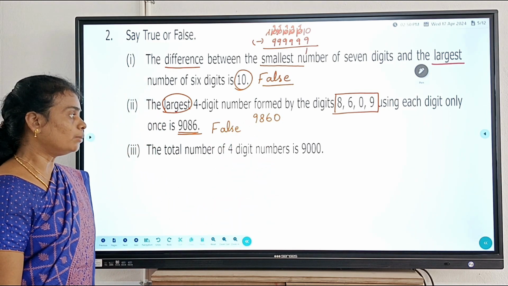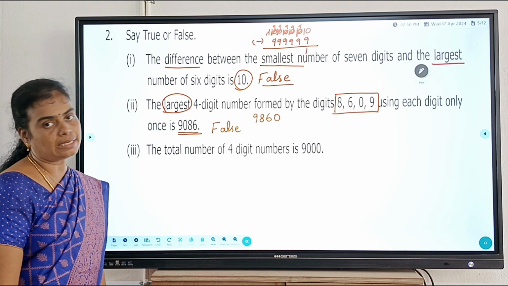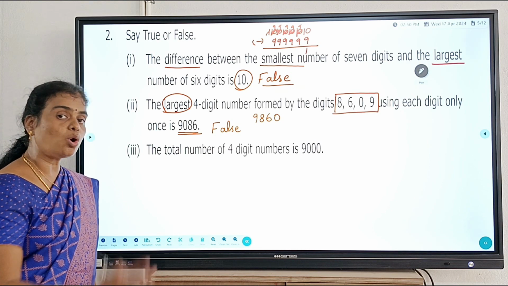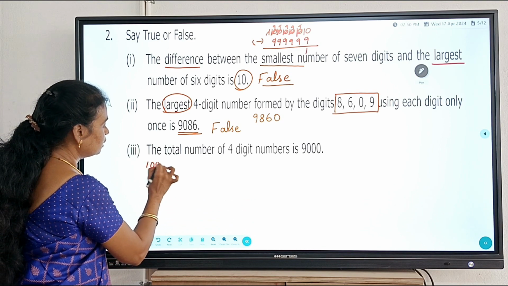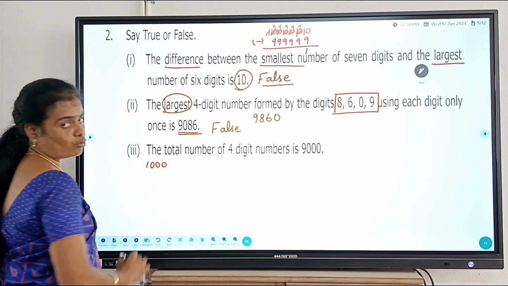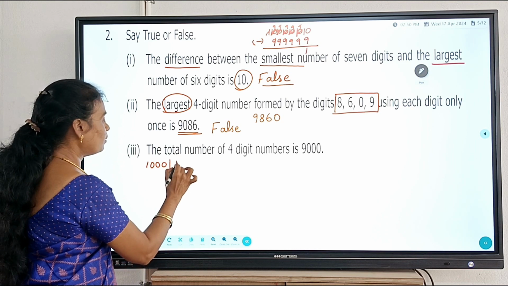Next one, the total number of four-digit numbers is 9000. So you have to count all the four-digit numbers. The first four-digit number will be 1000. It consists of four digits. Next, from